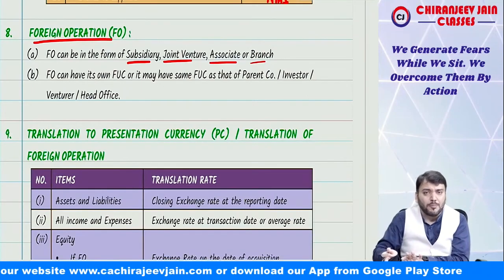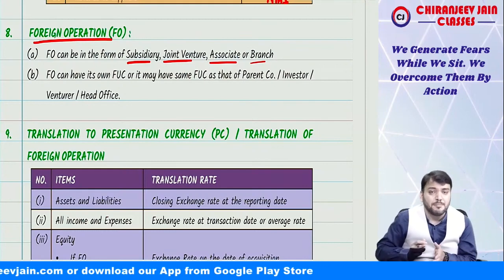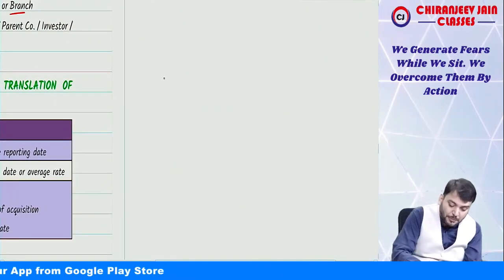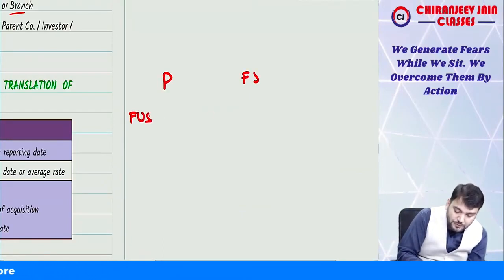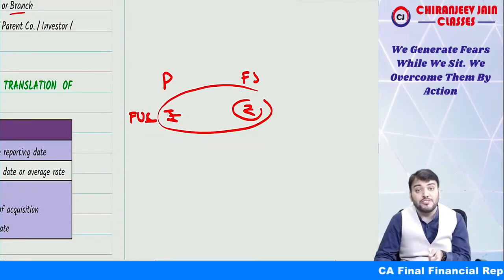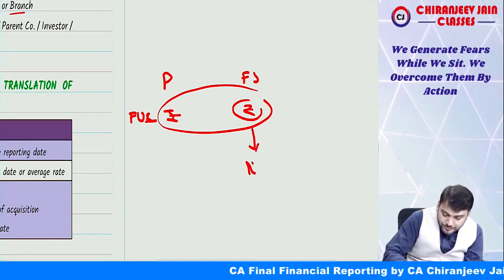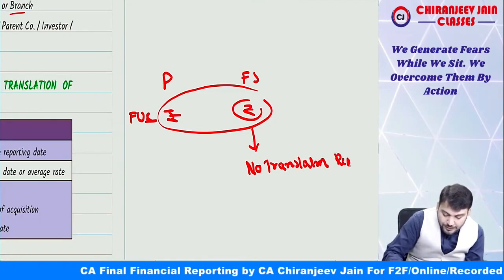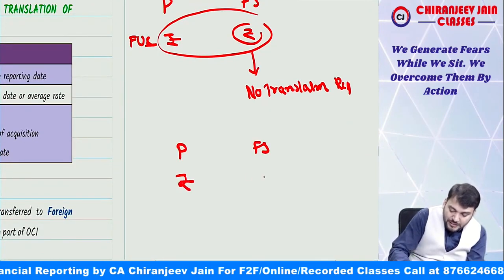Whenever there is a foreign operation, we need to translate the foreign operation into the functional currency of the parent entity for consolidation purposes. There are two aspects. Suppose the parent company and the foreign subsidiary both have the functional currency rupees. Then the functional currency of the foreign operation is also rupees, and no translation is required. Second, if the parent is in rupees and the foreign subsidiary is in dollars,